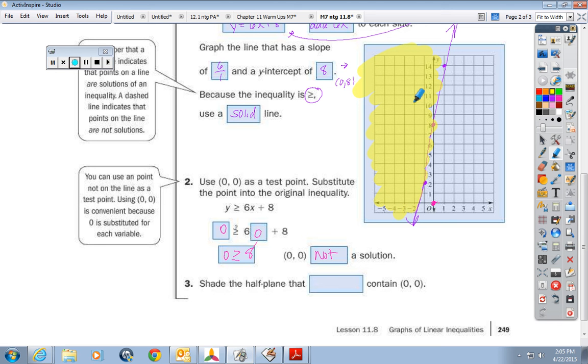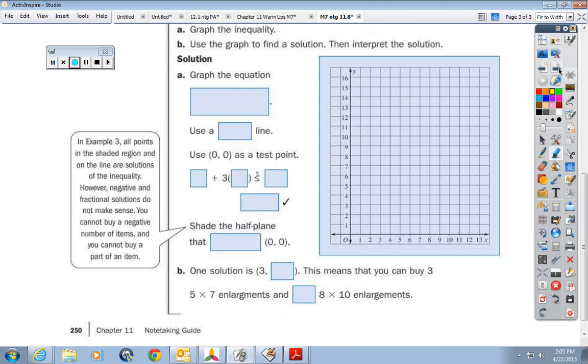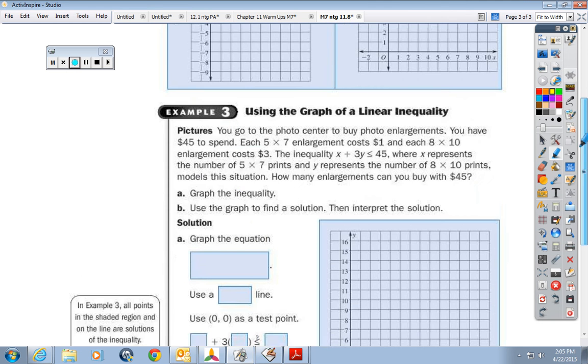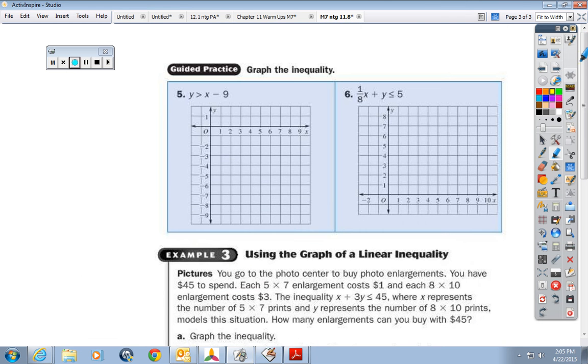So we're going to practice that right now. We're going to do 2 different ones that are on the next page. Okay. All right. Look at number 5. Is that written in slope-intercept form? Yes. Okay. I'm just going to go ahead and rewrite it like this: y equals x minus 9. Now from there, can I identify the